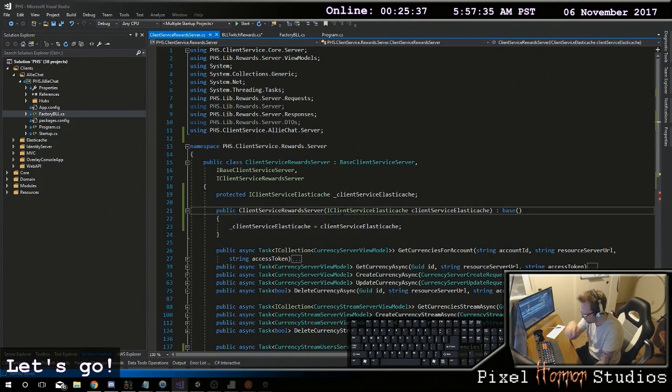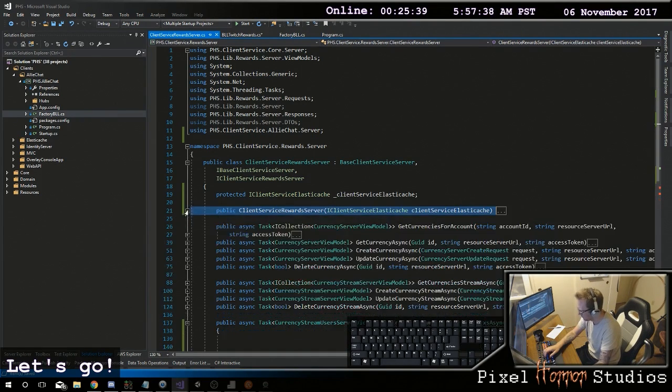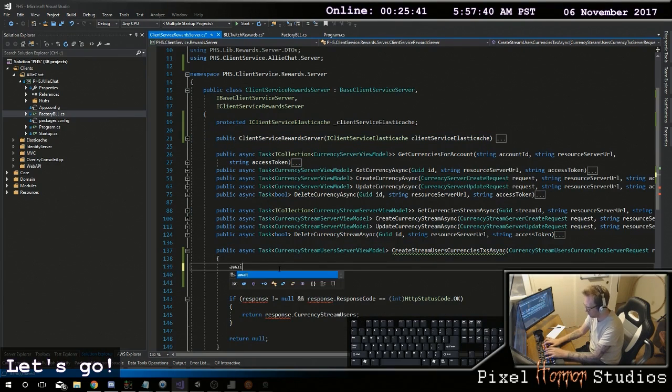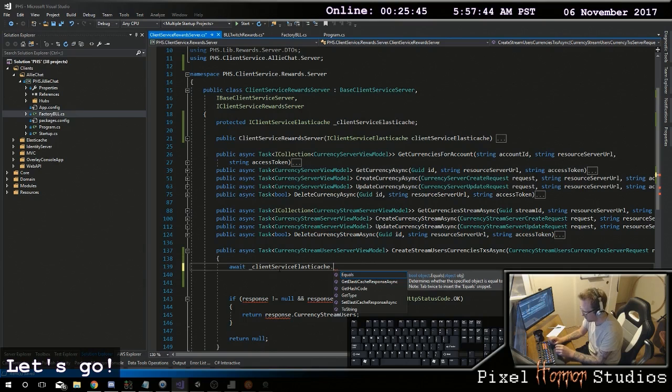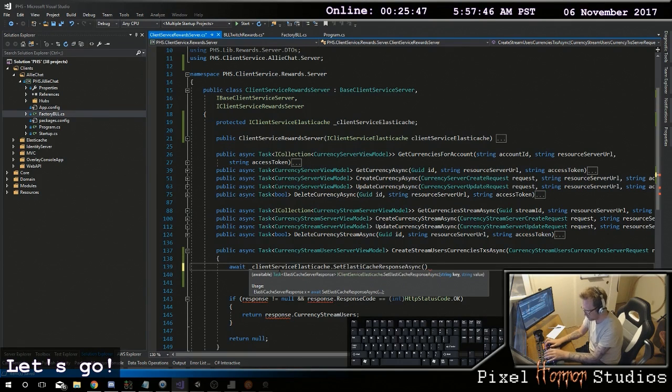Okay. So now here, we should be able to do await client service Elasticache dot. And I should have something here called set. And this one's going to be your key and your value pair. So you're going to look at your request dot currency stream ID. And your value is going to be your